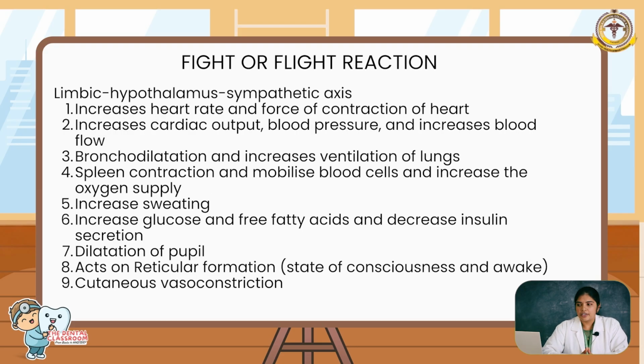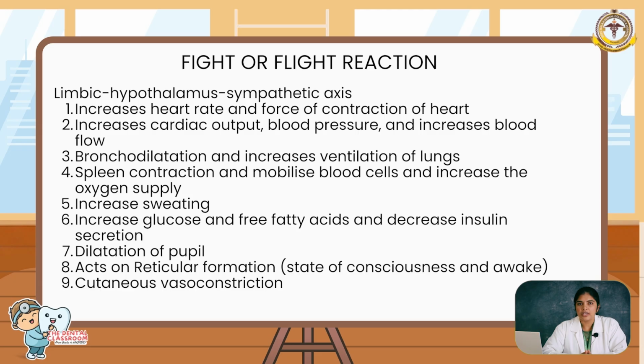Now we will see what the fight or flight reaction is. So this reaction takes place through the limbic, hypothalamus and sympathetic axis. That is, from the limbic system the signal goes to the hypothalamus and then it signals the sympathetic nervous system. So this fight or flight reaction increases our heart rate, blood pressure, increases the blood flow to the tissues, it causes bronchodilation and increases ventilation in our respiratory system, it causes contraction of the spleen and releases blood cells